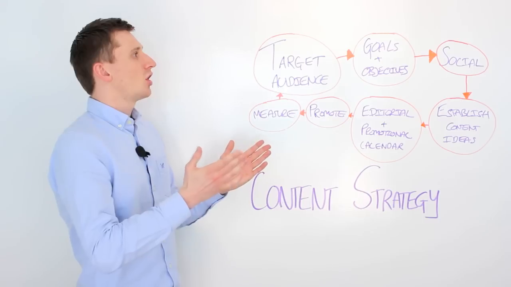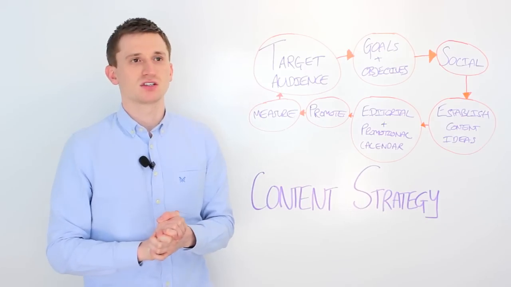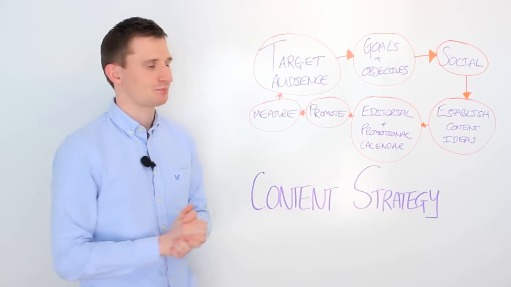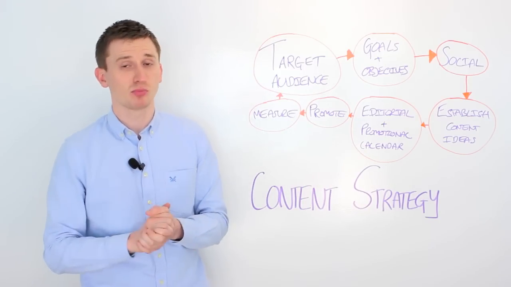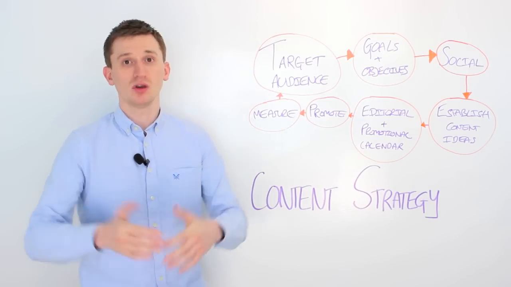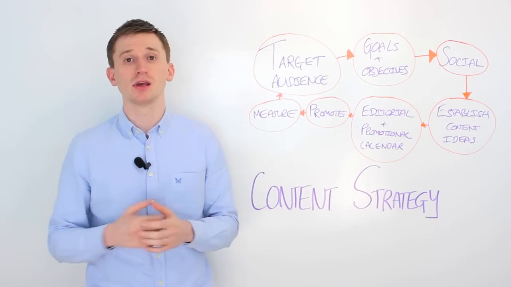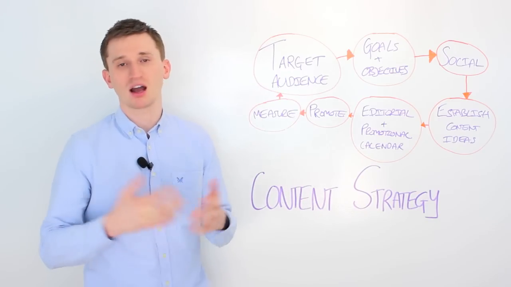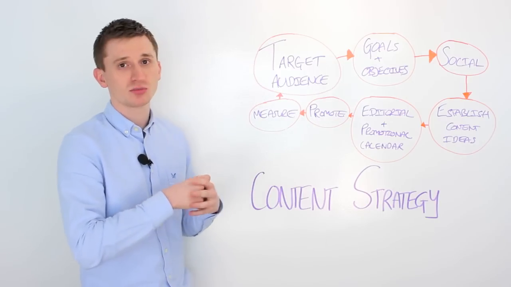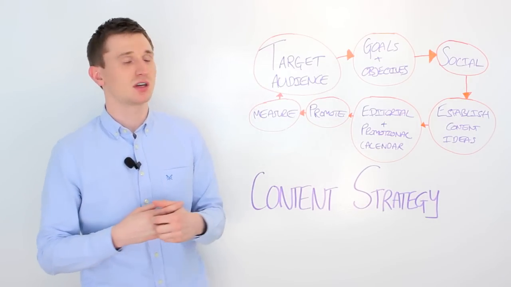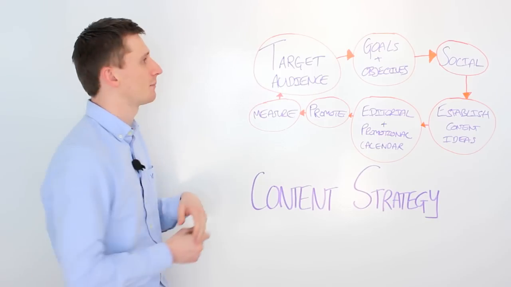Now, a good example would be, let's say you want to create a piece of content that sustains traffic over a long period of time. That's your goal. Well, your objective will be to create something that educates, that provides insight, something that you know is going to draw visitors back to your site. And a good example there would be a white paper, a user guide, a how-to guide. So that just shows you a good example of the types of things that you need to be thinking about when it comes to your goals and objectives. But they all need to be aligned to your marketing plan and then your overall business plan.